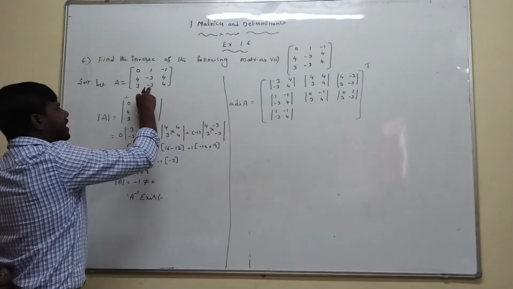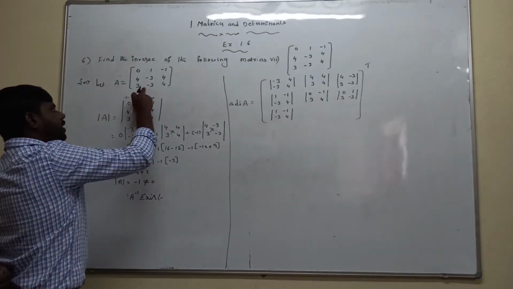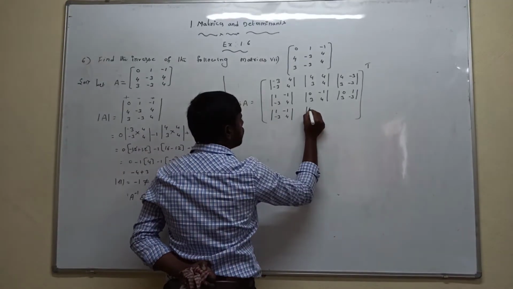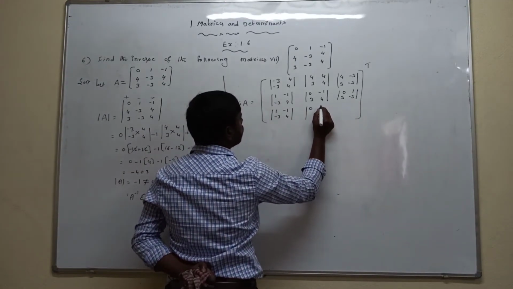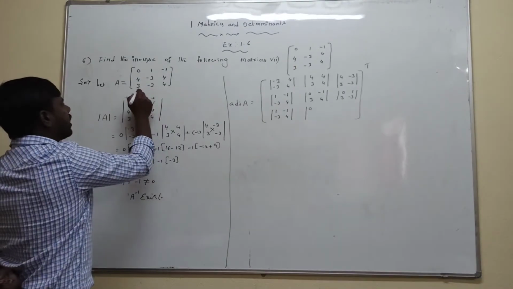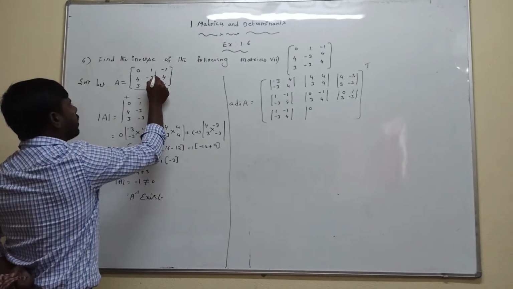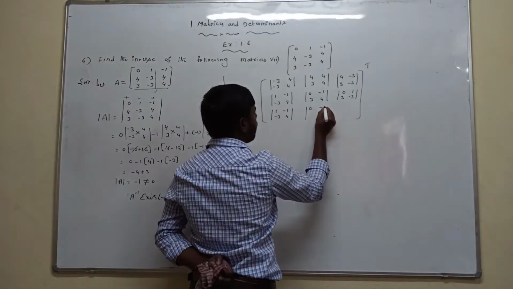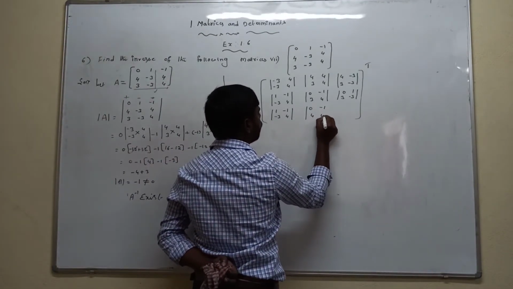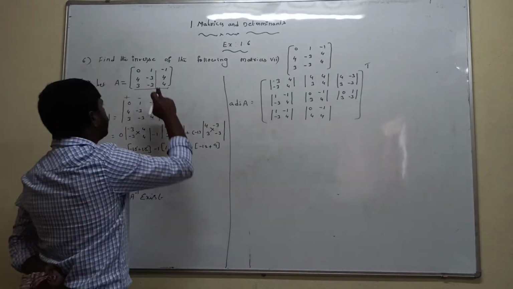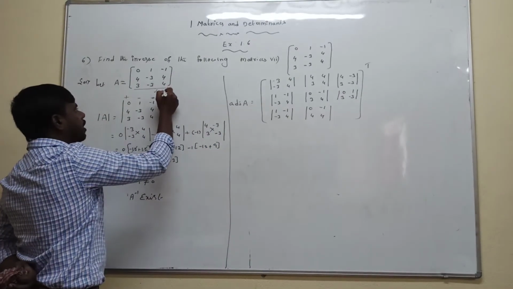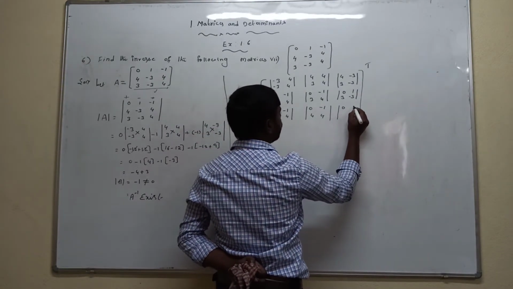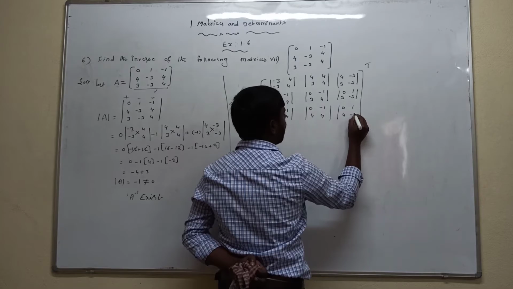Next, minus 3 we are taking. The minus 3 present in the third row, second column is eliminated. The rest of the elements are 0, 0. Here minus 3 we are taking, third row and second column are eliminated. The rest of the elements are 0, minus 1, 4, 4. Next we are taking 4 present in the third row, third column, eliminated. The rest of the elements are 0, 1, 4, minus 3.